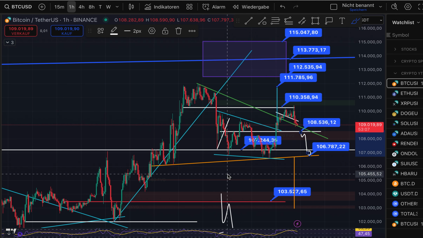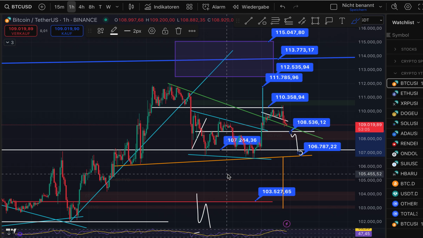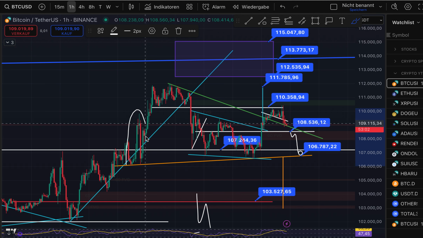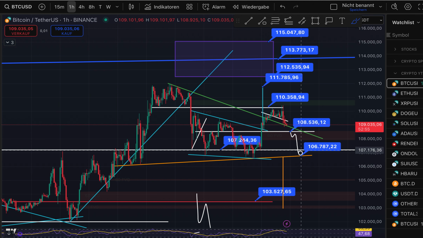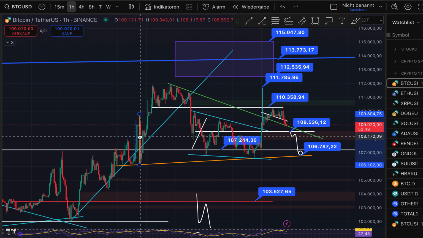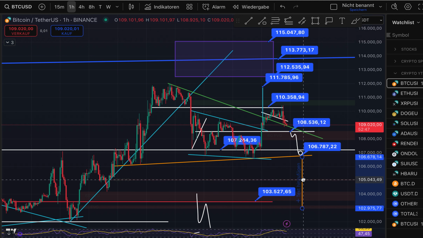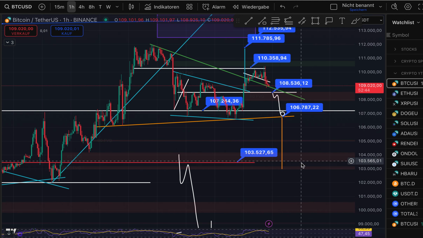And what we have then is a head and shoulders formation, which is a bearish pattern. Shoulder, head, shoulder formation. If that breaks to the downside, then I take the length of one shoulder, which is the left one, put it to the breakout point. It shows me a target of